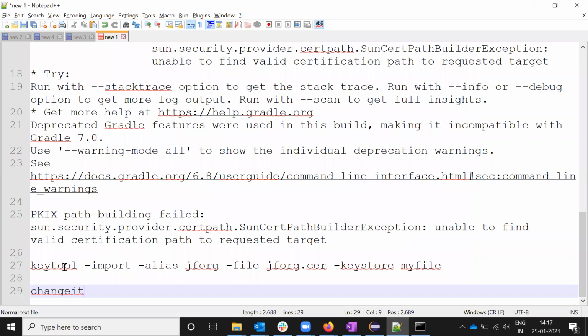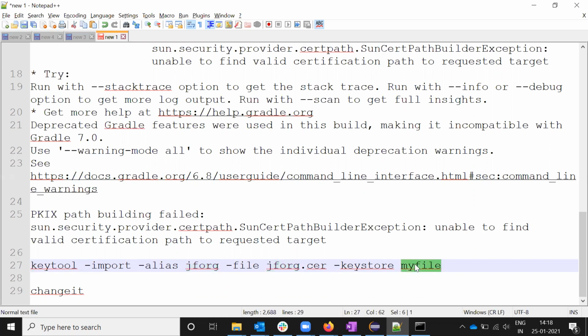Then you have to give this command. I will add it into the description place, so you can copy this line. This is basically the keystore import command. Here is the alias name, which is the name you give for the particular certificate you copied from IE. For the file option, you need to give the entire certificate file name. This is the certificate keystore, and this is an alias name. You can give anything, even your own name, because the keystore stores the certificate using this name only.